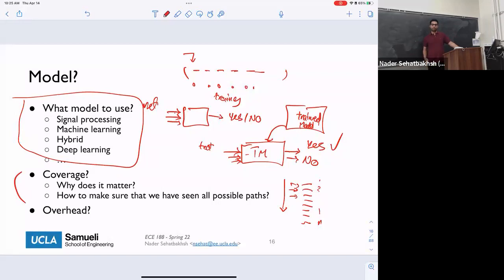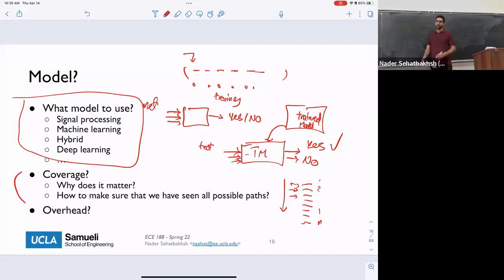So is coverage also important so that the system doesn't view an unknown path as an anomaly? Yes. On the flip side, if you don't have enough coverage, then a legitimate piece of software could look anomalous because you haven't seen it during training. So if you have poor coverage, your system will label things as anomalous which are not actually anomalous. They're just things that you haven't seen during training. Does that make sense?